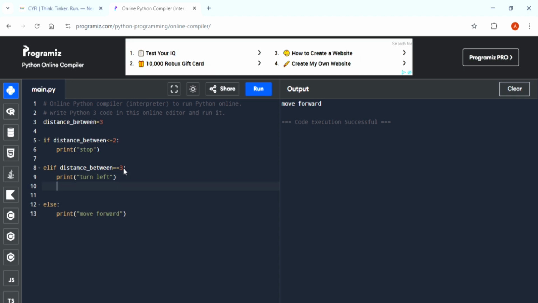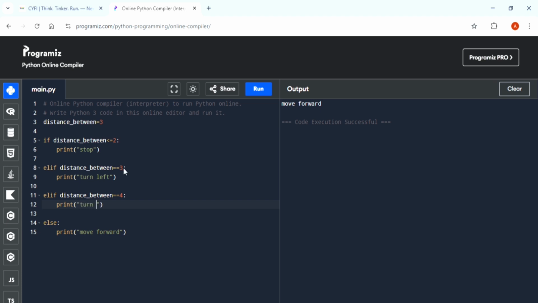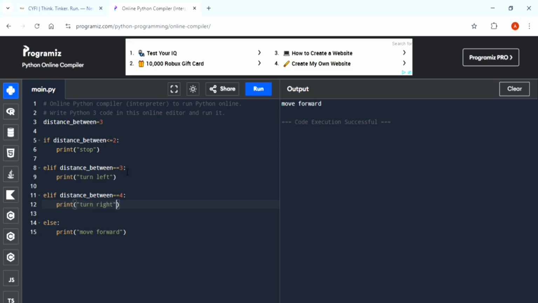And one more condition: elif distance between equal to 4, turn right. So if you execute it, now you can see turn left, and if we put 4 here,